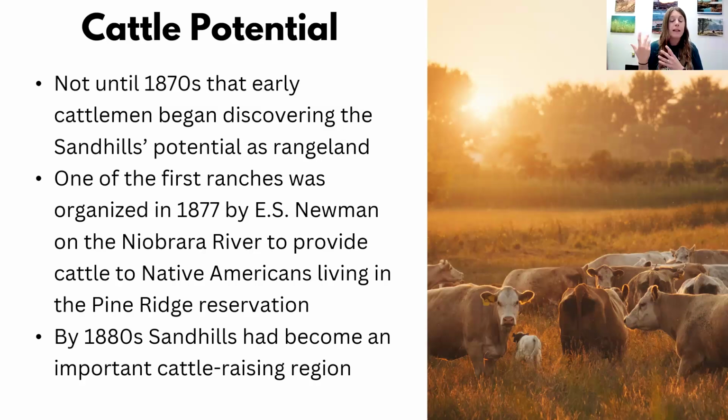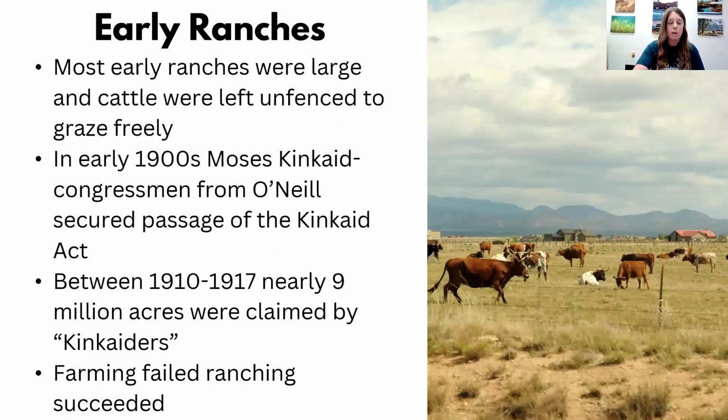So what happens is that at the time, cowboys came in, they found them, they recovered them, but they also found very large herds of cattle that were fat and they were watered. And they basically had been thriving in the Sandhills. So it wasn't this unforgiving place that a lot of people commented on. Cattle did fairly well. And so they got a little bit more free range of the Sandhills. So in the 1880s, the Sandhills became a very important cattle raising region. It has historically been known like that, and it still is presently like that as well.